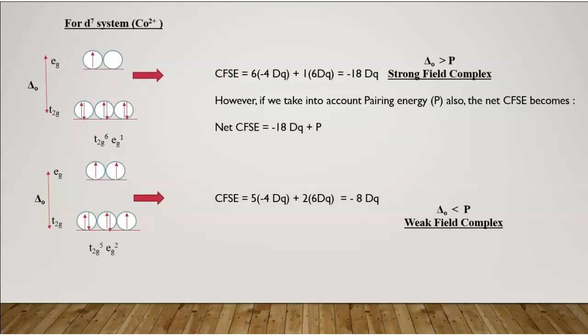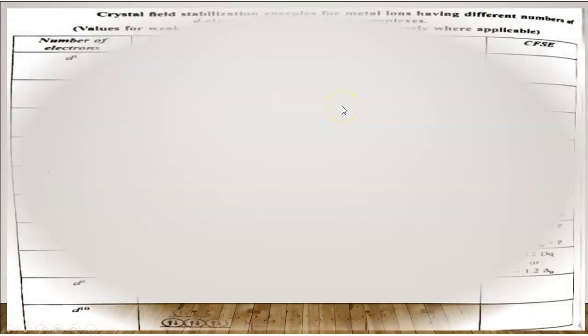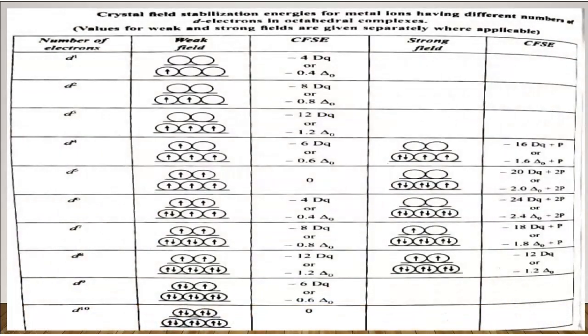Okay, so I hope you have understood, this is for your D7 system। strong field के लिए पूछा है, मैंने दोनों ही draw कर दिए हैं, so that आपके लिए ease रहे, आप एक बार समझ लें इसको आसानी से, और उसके बाद आपको easy रहेगा यहाँ पे, ठीक है। So this is how you are going to calculate for your strong field complex for your D7 system. Okay, so this is your overall chart for your crystal field stabilization energies for metal ions having different numbers of electrons in your octahedral complexes. Go through